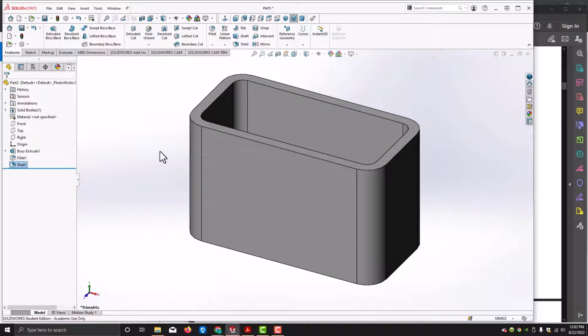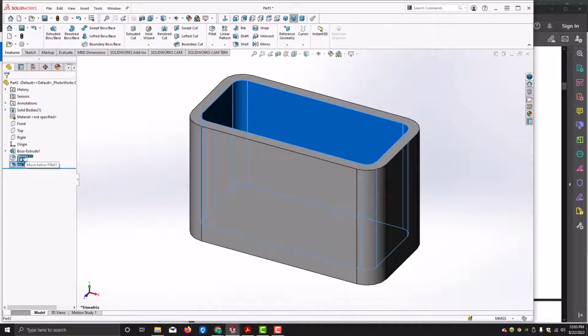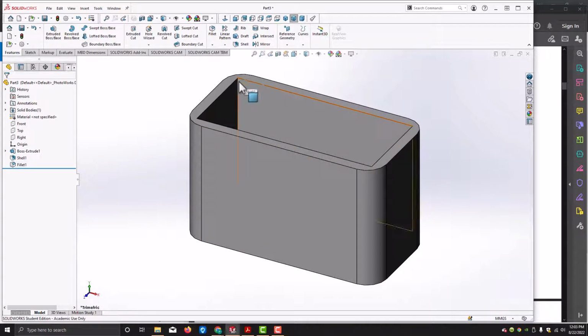So, order of operations here. Here's something that's important. I filleted first before I shelled. If I take this shell and move it up, I think I can do that. Yes, you see, I'm going to end up with square corners in here, which is a no-go. And I'm going to undo that. So you want to make sure that you fillet the outside edge first, and then you do the shell second, most frequently. And if you goof it up, you can just click on it and hold the word fillet or shell and move one above the other so that you get the